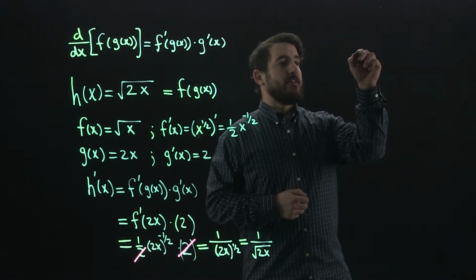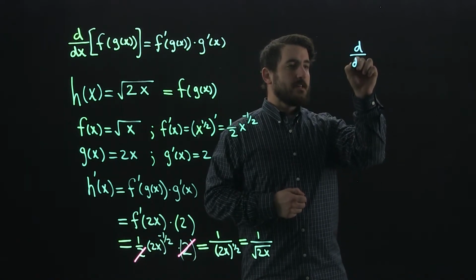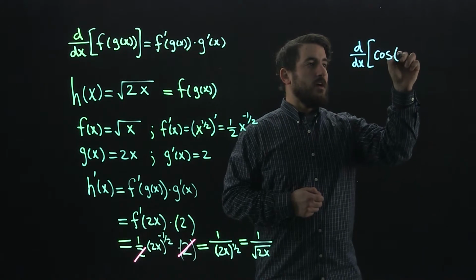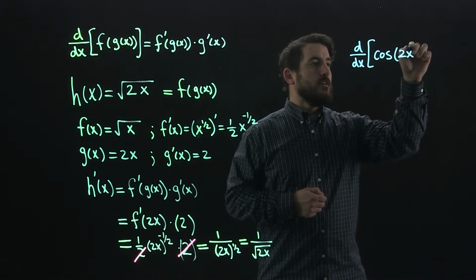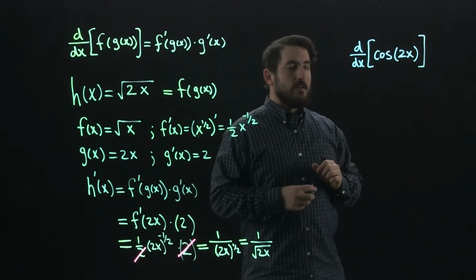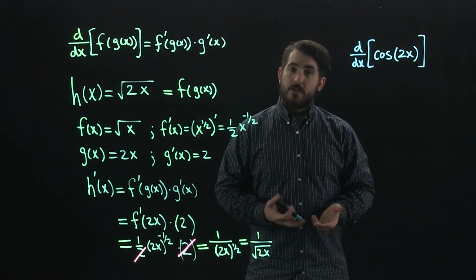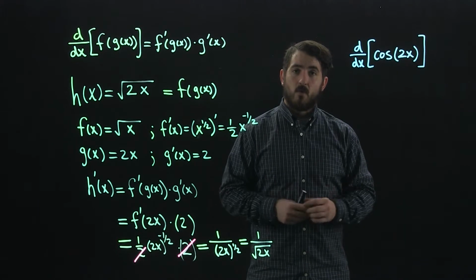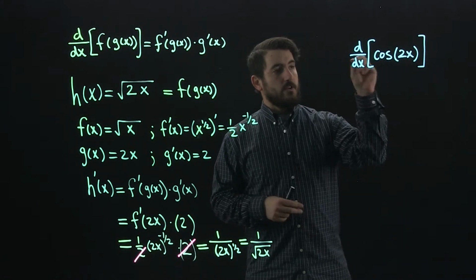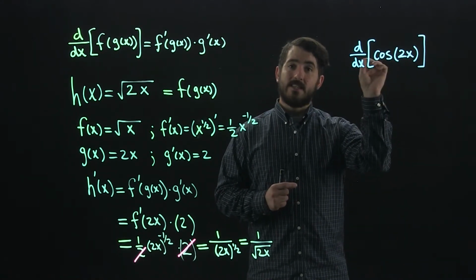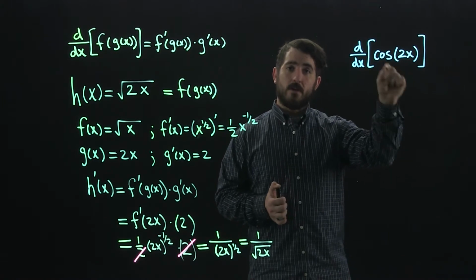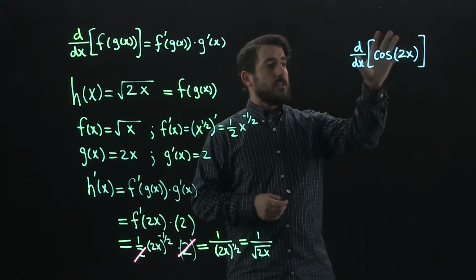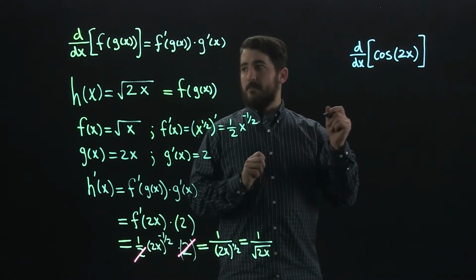The other one that I have in mind is d dx of cosine of 2x, something like this. Seems very straightforward. We could use the double angle formula, but then that would require a product rule. But using the chain rule here is necessary if we're going to take the derivative of this expression as it is. So the outside function, that means I'll let,